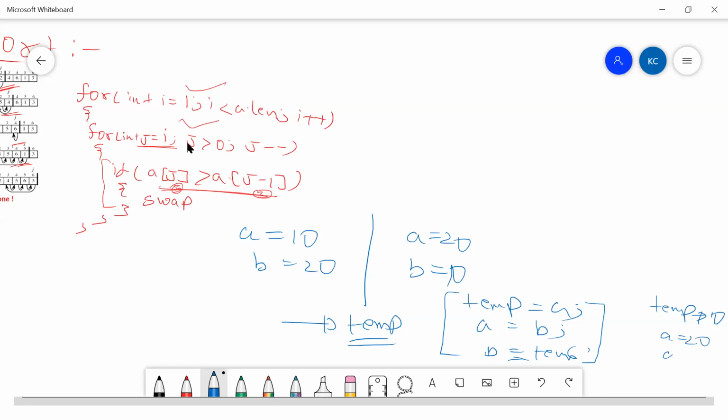What is my b? b is equal to temp, which is my third line, which is 10. So using this temporary variable, I'm swapping both the values of a and b, which is maybe the simplest program that we are taught in college, or the basic programming one that we learn.